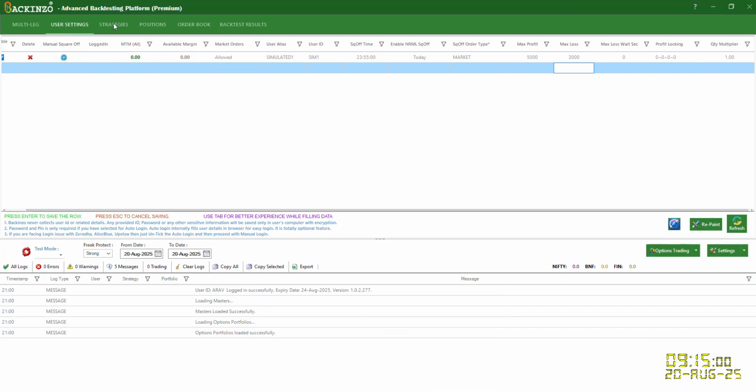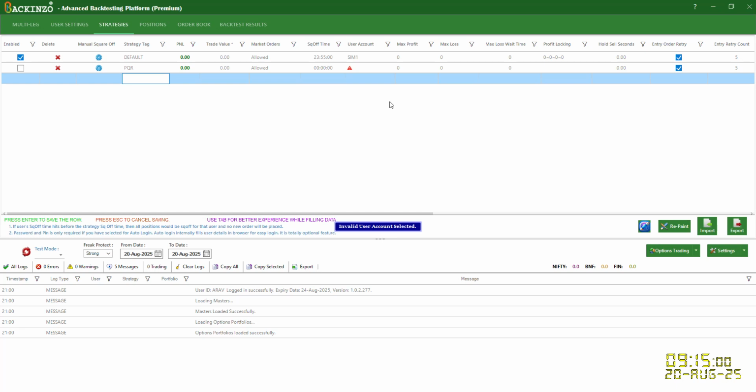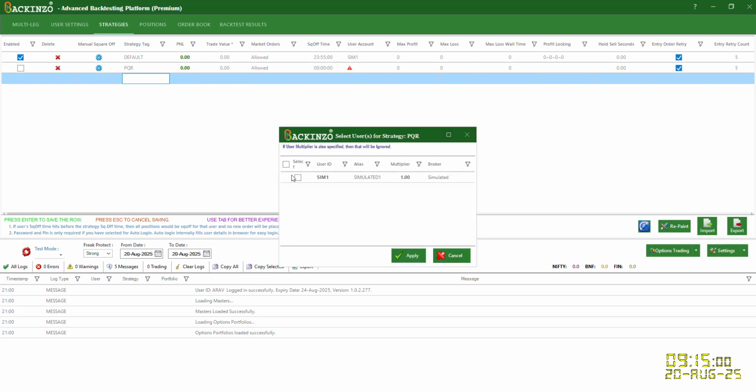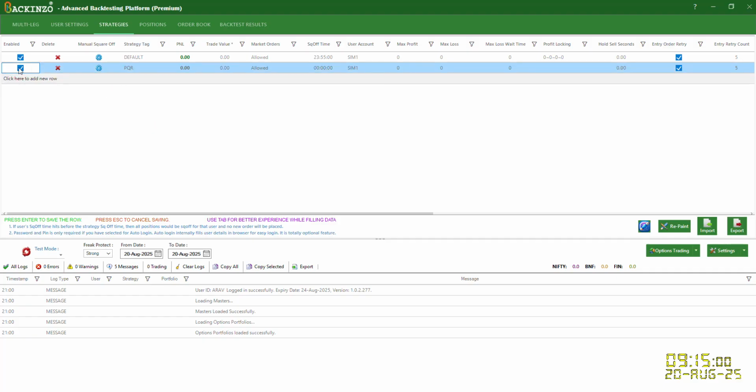As you can see here, the strategies tab is just adjacent to the user setting. Just click here, and here you can make any strategy tag of your choice. You can make n number of strategy tags. We have casted no limit onto it. You can just add here by clicking here to add a new row. Here I'll just add with the name, let's say PQR, and just press enter. Here under user setting, you have to just enable or tick this checkbox. Apply. It's done. So this is PQR, and enable it. Don't forget to enable it